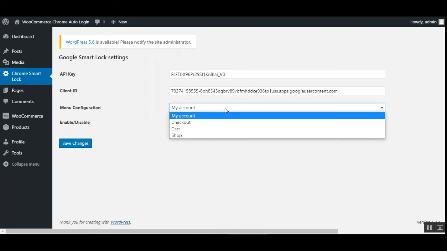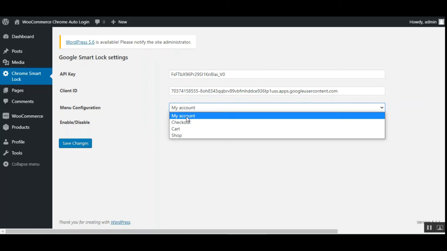So this is the menu configuration that we were talking about, that after tapping on the my account, it displays the complete list of accounts that you have saved there, and from there the customer can choose anyone to log in. Otherwise, if on that pop-up the customer taps the cancel button, then he'll be redirected to the my account section for a normal login.